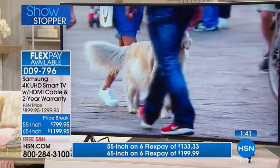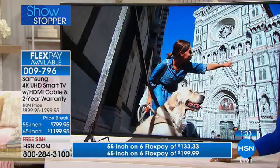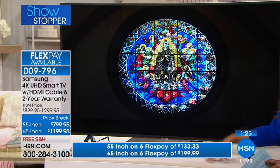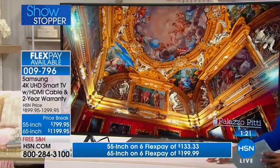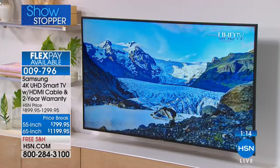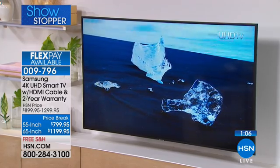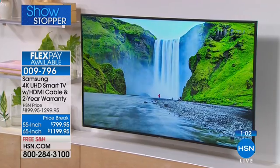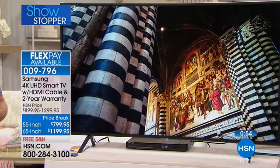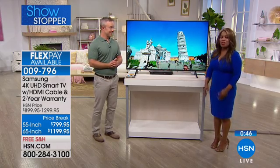If you're getting the 55-inch, it's $133.33 a month. Those are interest-free. Now, they always add the tax to your first payment. So when you do the math today, it's not gonna say $133.33. It's gonna be more than that because they add the tax up front. You've got free shipping and handling on this. That's a big deal. If you're getting the 65-inch, it's $199.99, so it's virtually $200 a month, unless you apply for our HSN card, and then you can get the 9 months VIP financing, and that changes everything because it'll reduce your payments somewhere, I want to say $50, $60 a month. Wow. So ask about that option as well. But with that being said, we're going to encourage you and invite you to order. It's a fantastic television. What a beautiful, if you're upgrading at all, and especially if you're watching like 720